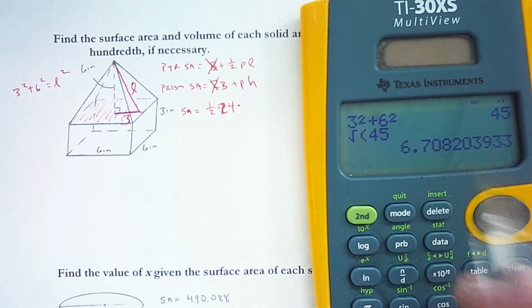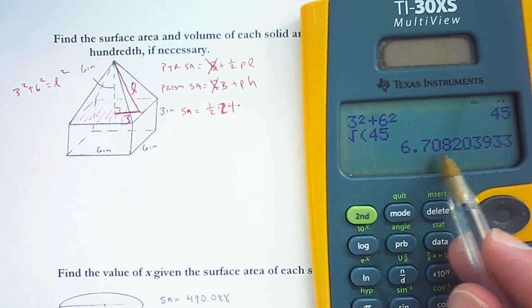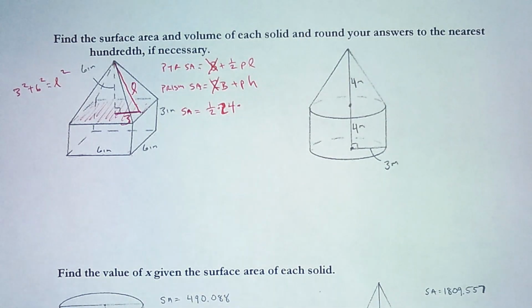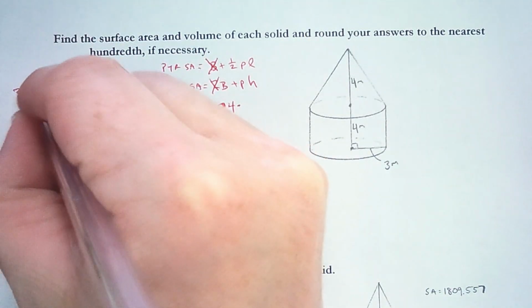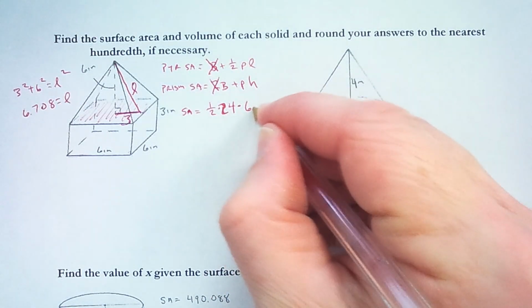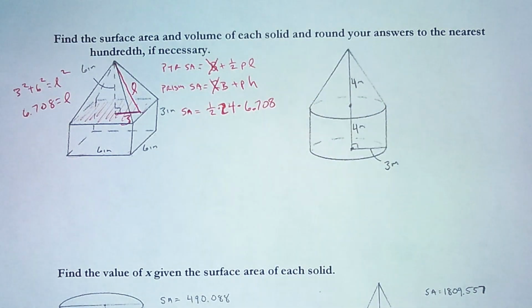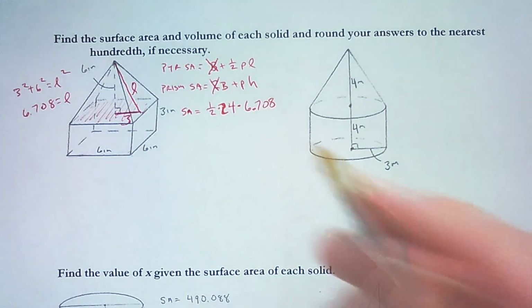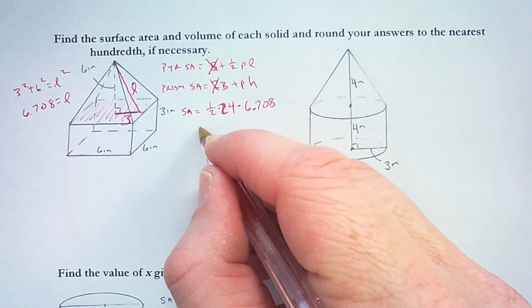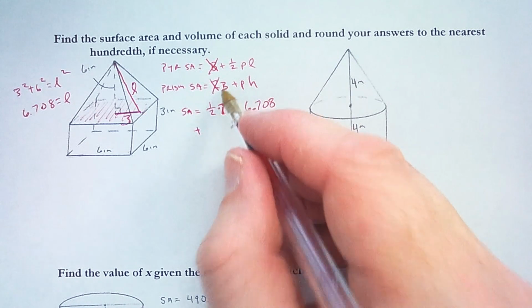6.71, and I'm going to keep one extra digit because I'm going to end up rounding later, so I'll go with 6.708 for the slant height. Okay, so it's always a good idea to keep an extra digit when you're rounding so you can round down one more later. Okay, now we will add to that the surface area